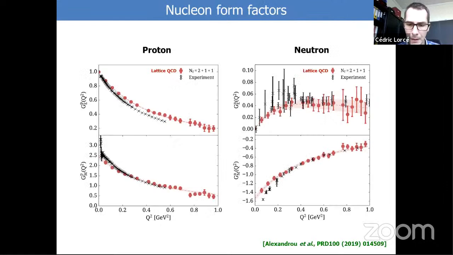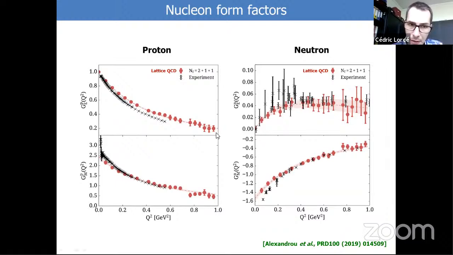So before doing so, let's have a look at how those form factors for a proton and a neutron look like. So in black, you have essentially a compilation of experimental data. And you see that you have very precise data because the two horizontal lines give you the uncertainty. And then in red, you have the latest state-of-the-art lattice calculation. So it's essentially ab initio simulation on the computer of the fundamental theory that describes the interaction between quarks and gluons, so the constituents of the nucleon.